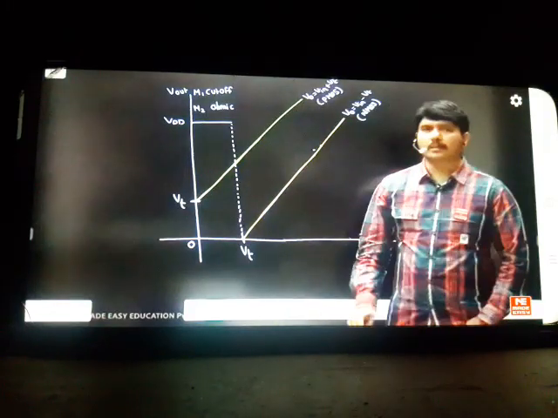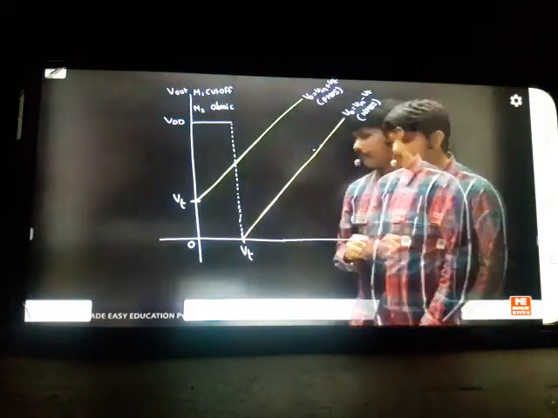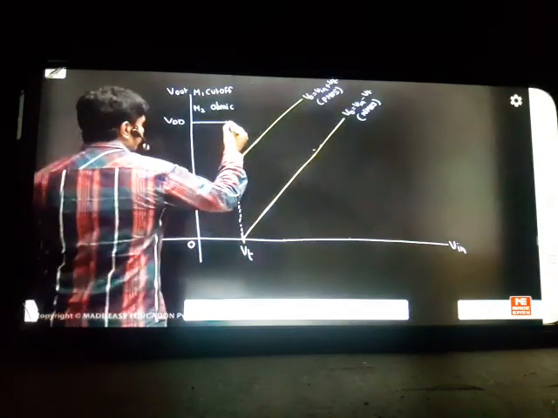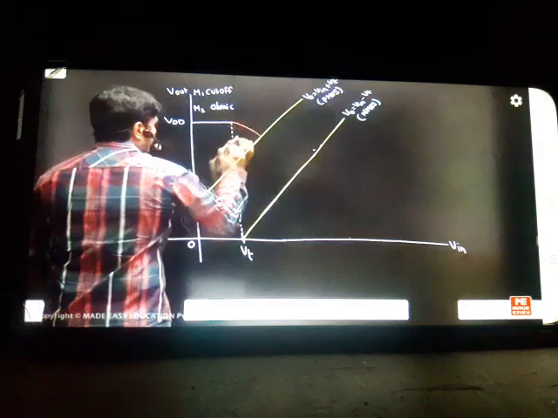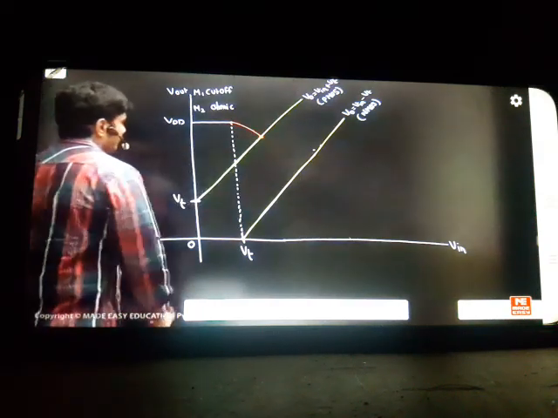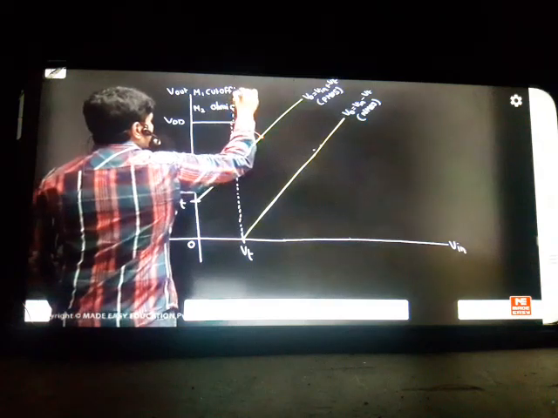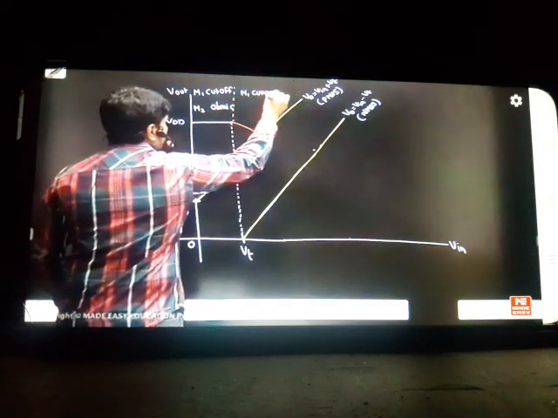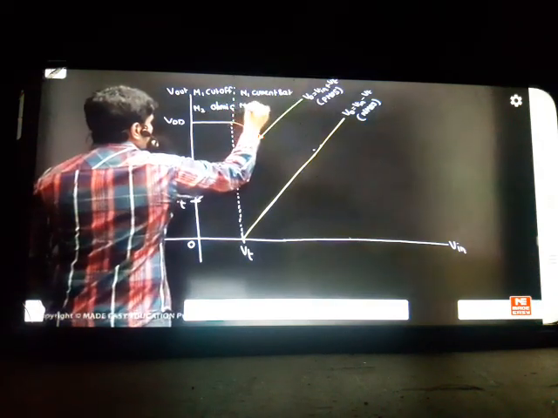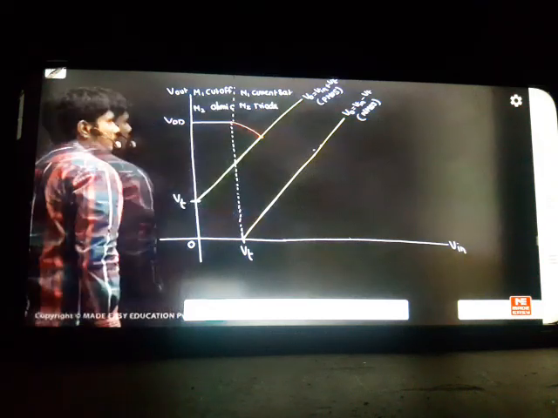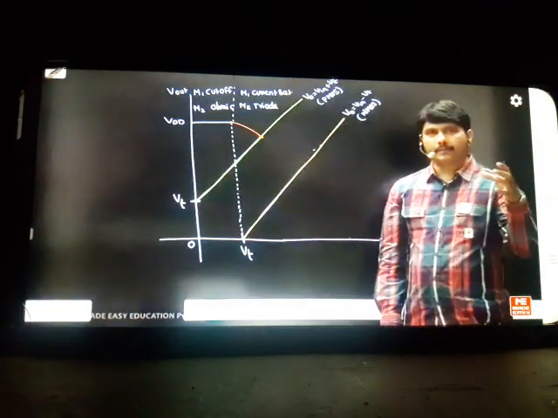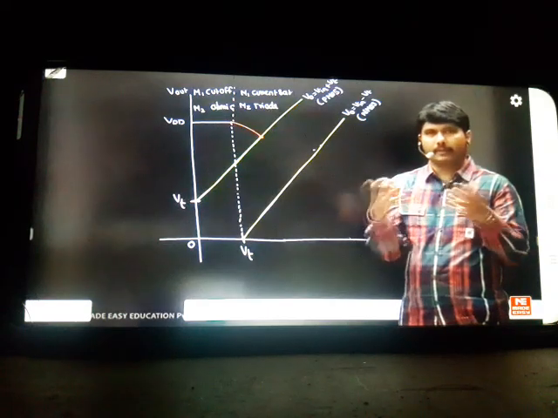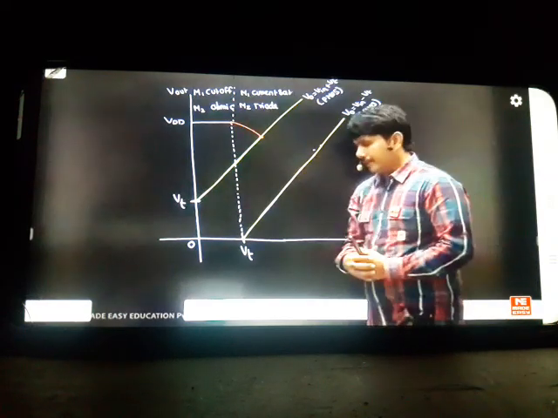But M2 cannot go to current saturation immediately because after ohmic, it will have triode. So you will have a non-linear falling like this. From this point, you are going to see a non-linear fall. Why it is non-linear here is that these two regions are not matching. Here M1 came to current saturation, it entered current saturation, but M2 just came to triode first. Because if you don't touch triode, how can you go to current saturation? So in that area, M1 came to current saturation, M2 came to triode. My triode equation is different, the current saturation equation is different. If you equate ID1 equal to ID2, we are not getting a linear equation. That's why we are getting a non-linear fall.